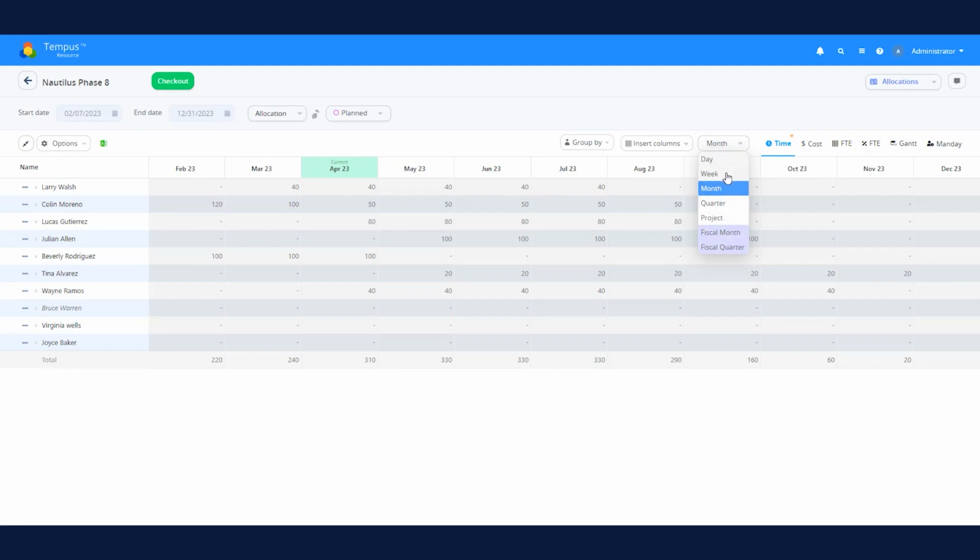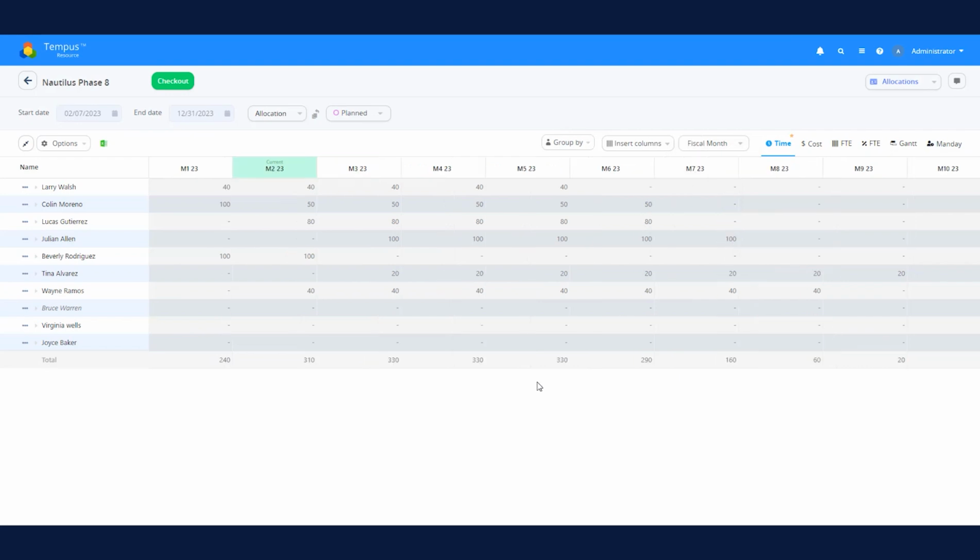So we see the usual day, week, month, quarter, project level. Again, you can choose which of these are enabled or disabled under general settings. But now we see fiscal month and fiscal quarter. When I click on fiscal month, this is going to redraw the planning grid based on the fiscal month configuration. Notice it's showing the month alias along with the year, and we can now edit directly inside of the SPA